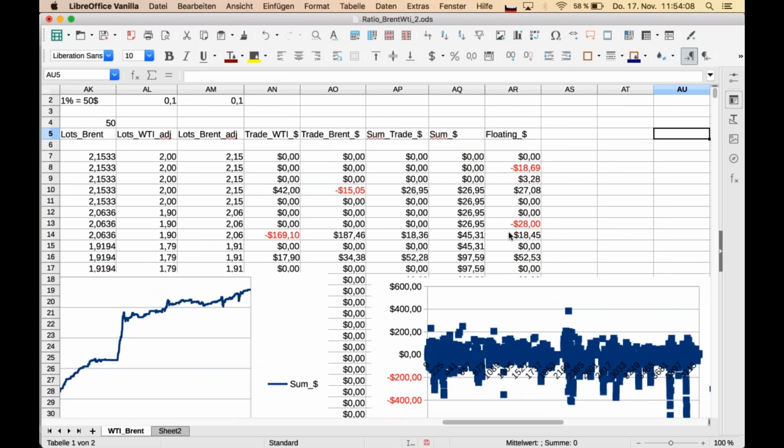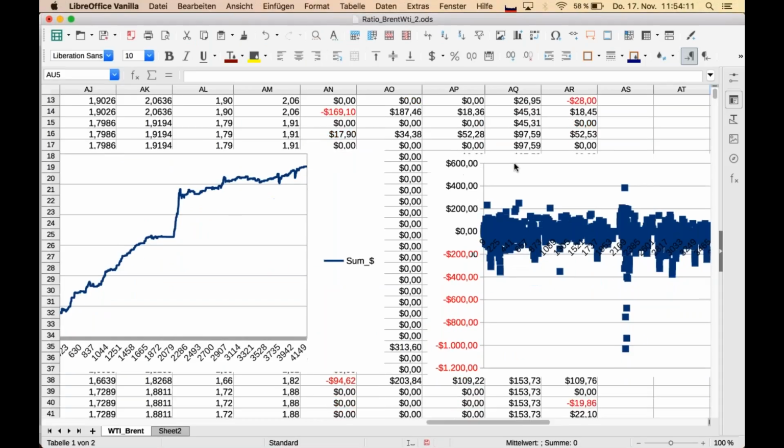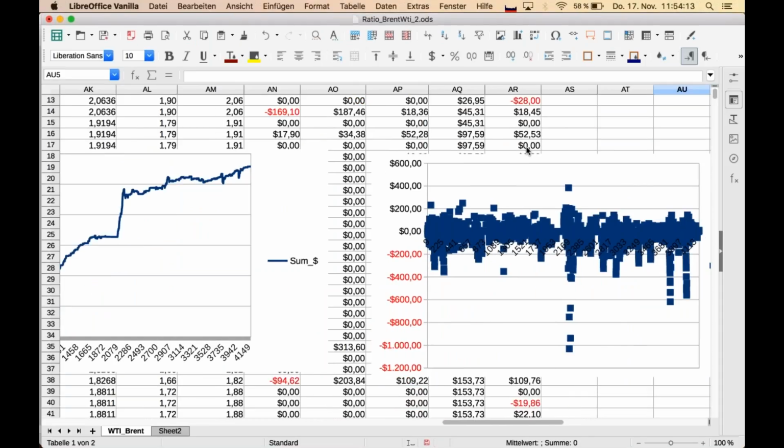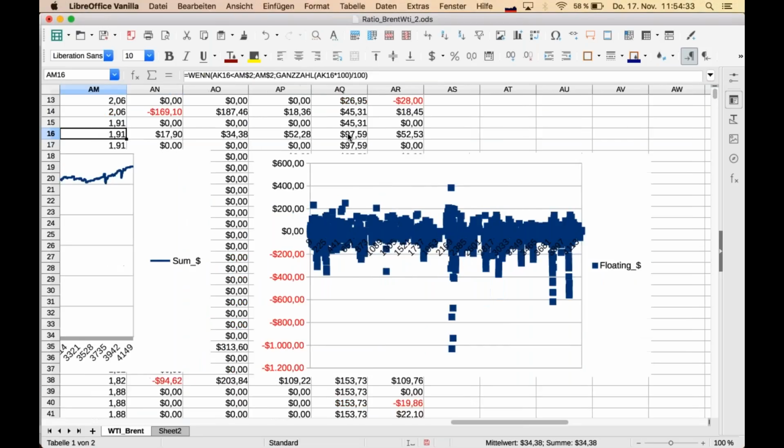So I have done it here already, and you see what we expected from our own calculation, that our account should survive a temporary loss, a floating loss of $1,000 within that example here. So that means, if we look back to the equity curve,